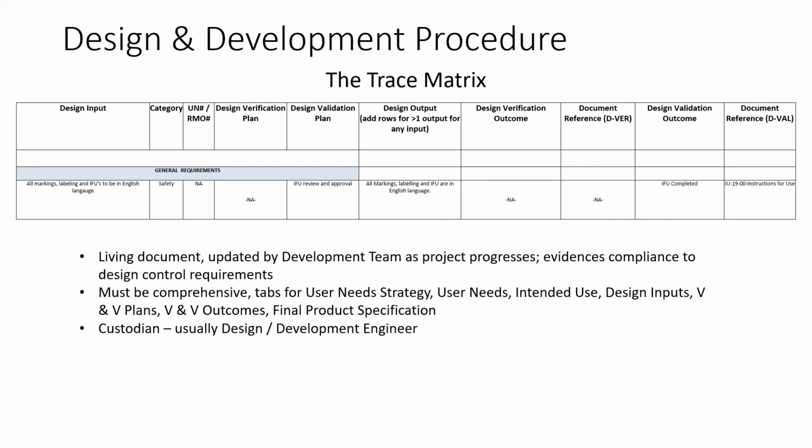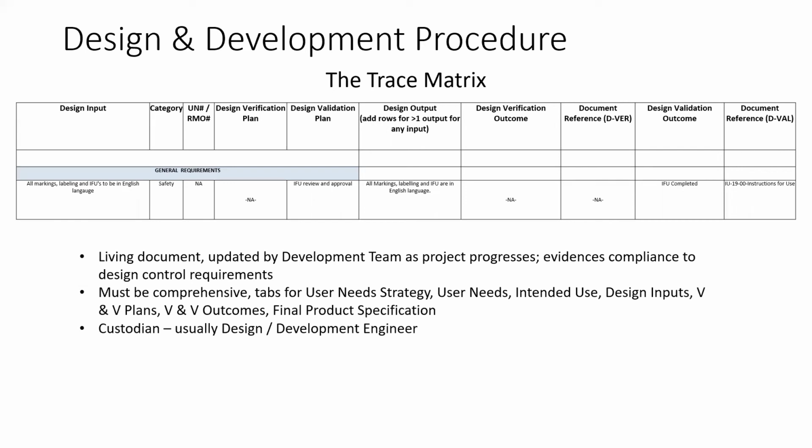So as you can imagine, you can't really complete this document on day one. That's why this is one of those documents which is called a living document. This is a living document which is updated by the team as the project progresses. The day you complete writing your design input, you fill them in here. And then against your inputs, as you define your verification methods, you fill them in here. You define your validation methods, you fill them in here. You update your risk management. Any outputs coming from there, you update the inputs here. As you complete your design output work, you update this here. Okay, so that's how this becomes a living document.